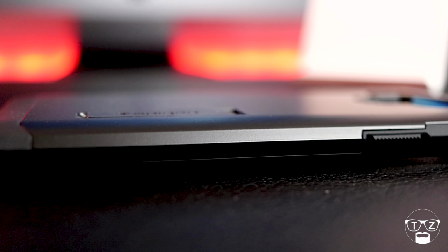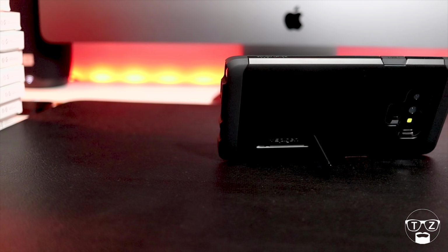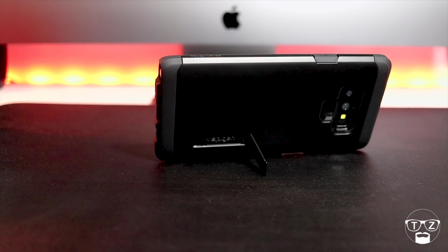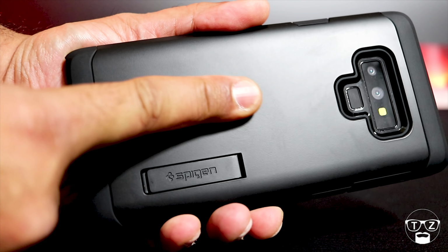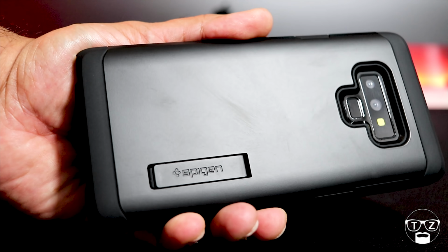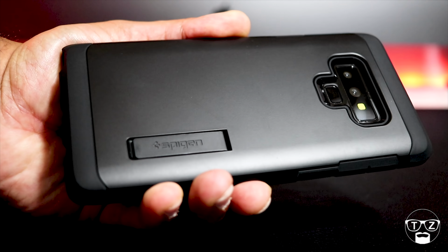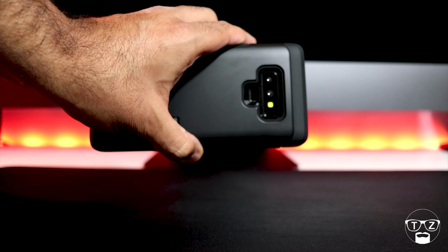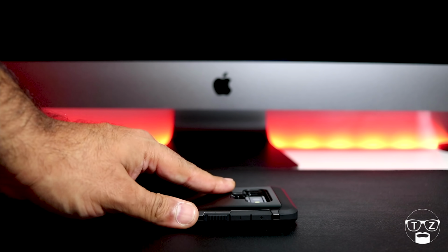work very well. The lip protection is more substantial with the Tough Armor, and on the back there is also a kickstand to help you watch my YouTube videos hands-free. The version I have here is the matte black, which does pick up some hand grease, but not as much as the clear cases. The Tough Armor feels big and grippy in hand and is the biggest case Spigen make. This is one of my most favorite cases of any case manufacturer when I want some tough protection for a